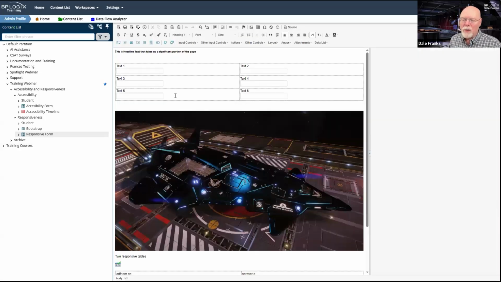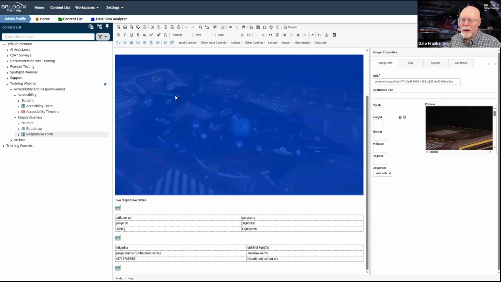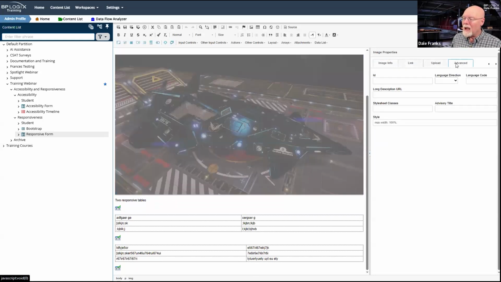Now, on the form itself, when we get to our image, there is one property that is really important, and this is kind of universal. I've used it for an image in this case because that seemed like the most logical thing to use it for, but it is a generally available CSS property that is actually pretty cool, and it is called max-width.